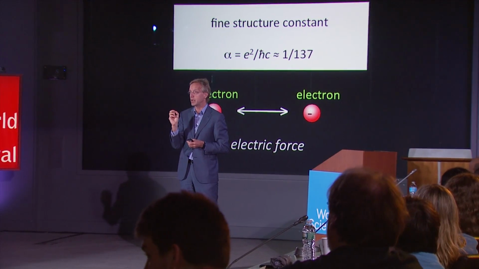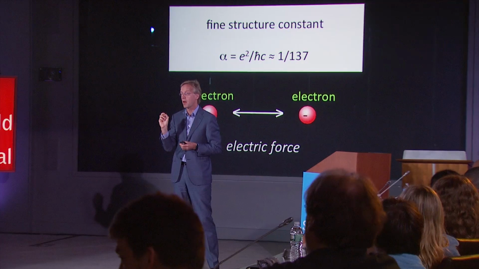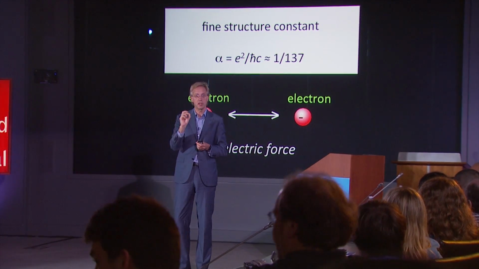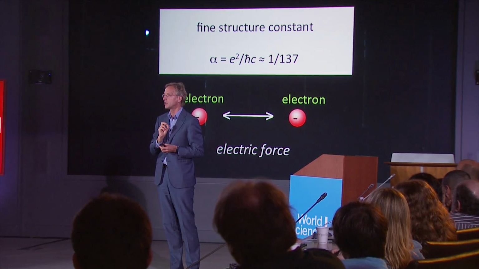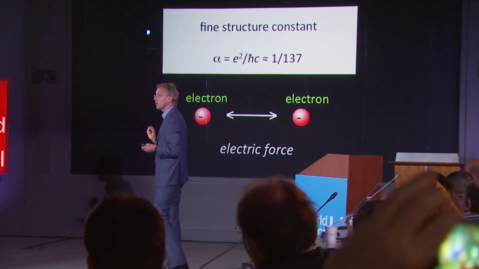But then what is the size? What is the size of the strength? There's a coefficient there that you can compute. It's proportional to the square of the charge of the electron, and it's called the fine structure coefficient, and the mathematical symbol for it is alpha. So the question is, how strong is the electric force? You can compute alpha if you know the charge of the electron, and you find it's roughly 1 over 137.